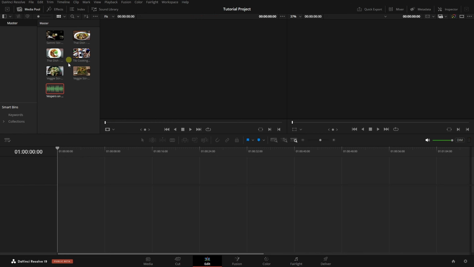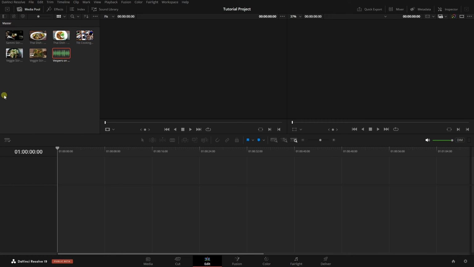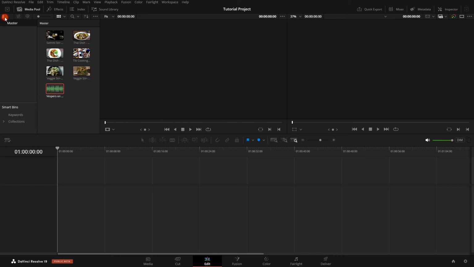Now we don't have many files here, but if you're working on a project that does have a lot of files, you may want to organize those into bins. And then to the left here, we have a bin list. Now you should be seeing this because we reset our UI earlier in the video, but if for some reason you're not, we can click on this button here and you can see that that says bin list. I'll click once and we can see that that's hidden. So if you'd prefer not to see that, you can also hide it,